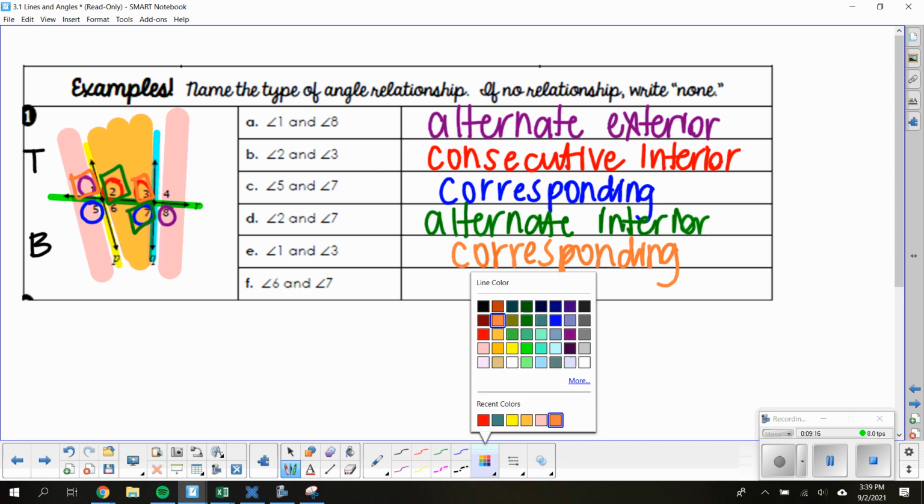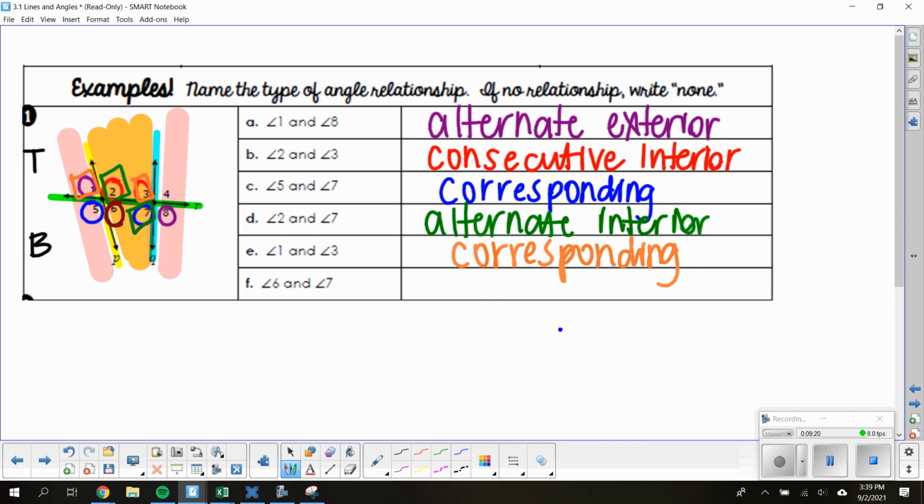And our last one would be 6 and 7. You guys go ahead and pause the video and see if you can figure out what that is. Alright, and you should have got consecutive interior. They are both inside the 2 lines and on the same side of your transversal. So on the bottom and then the